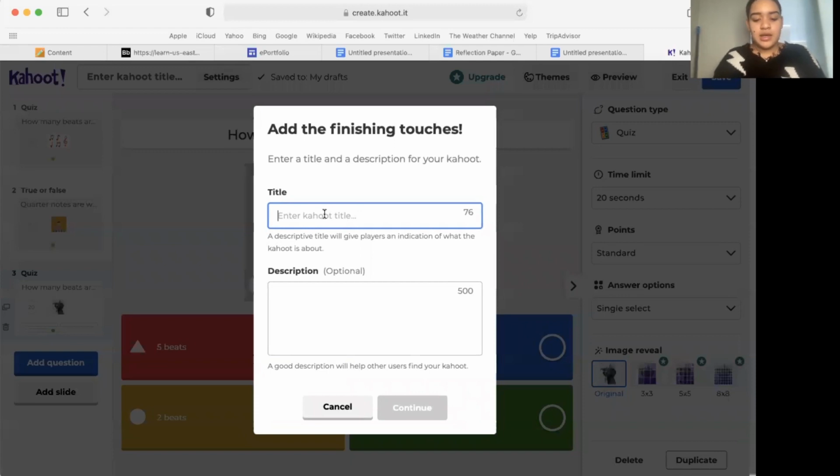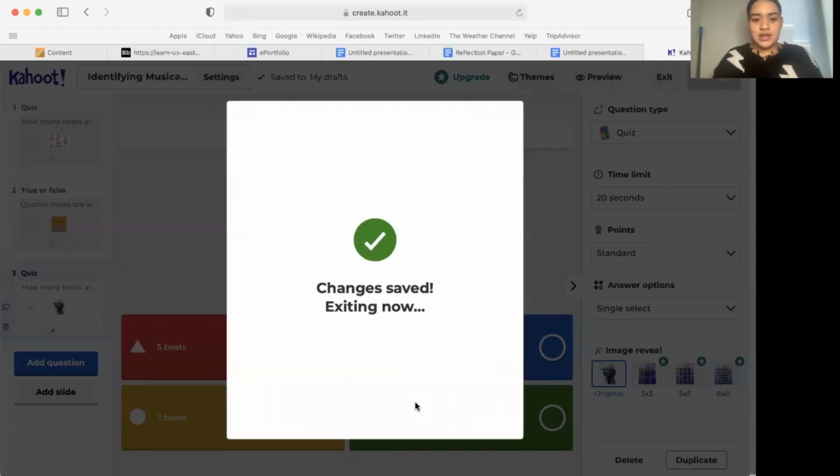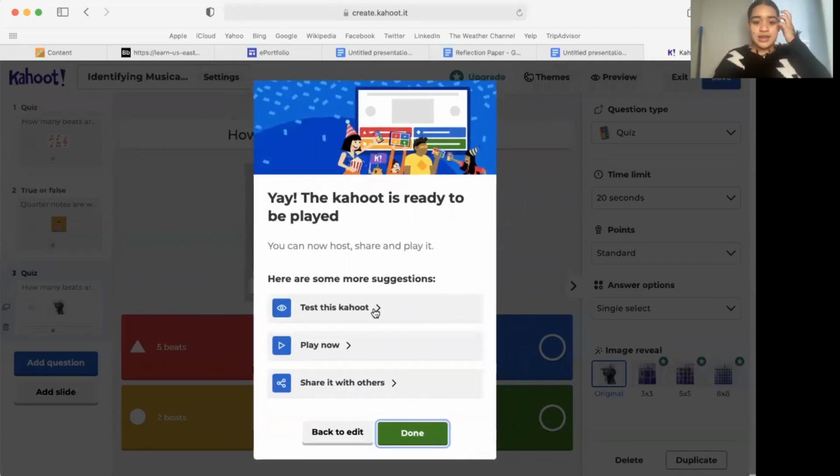We're going to name it. Now continue. And this is where you can test your Kahoot yourself, play now, and share with others.